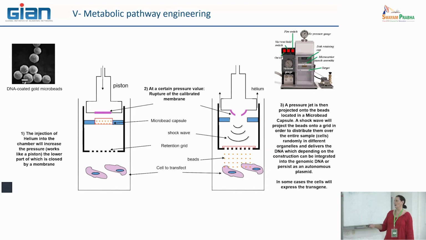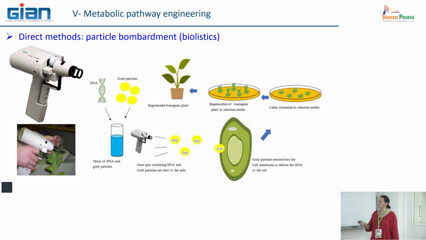And after you have your cells, you put them in an incubator in order to let them recover the ability to divide. And after you collect the cells that are still alive, and you can start to see if the genes are expressed or not, and also the proteins that have been linked to the beads at the beginning. So it's a very efficient system.